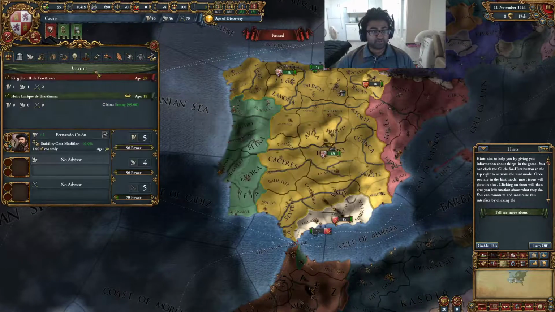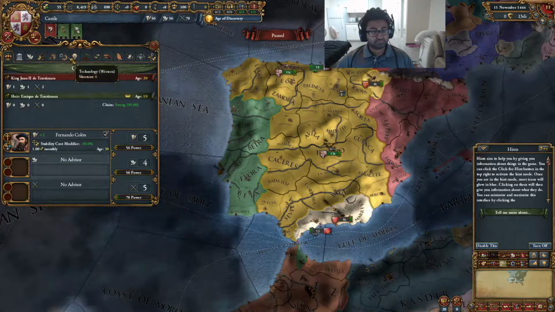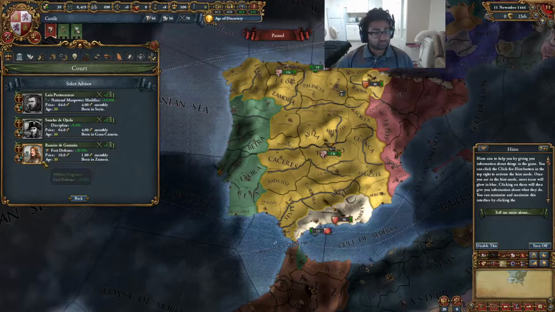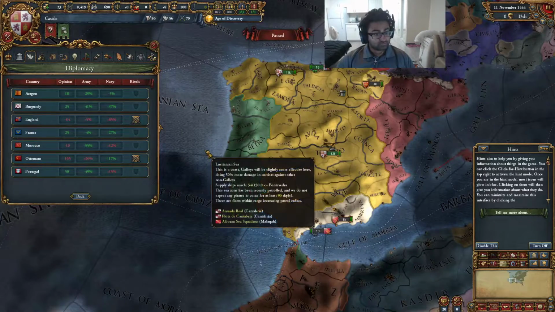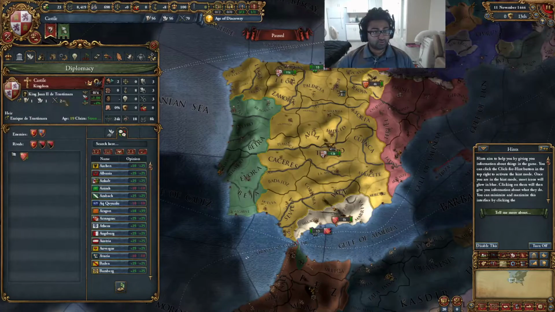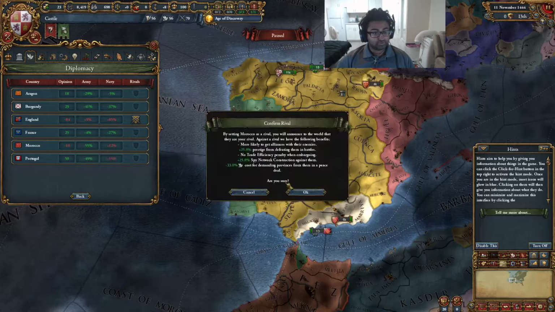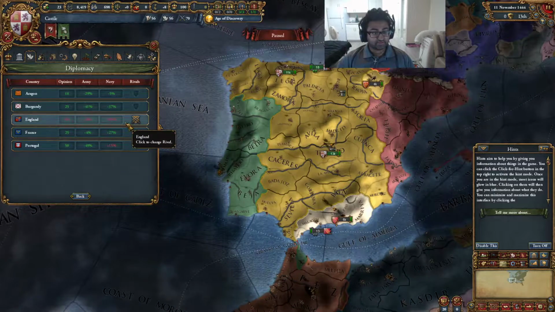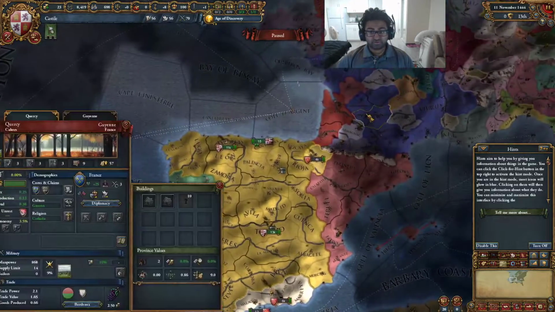Okay, setting up my advisors here. That's going well. Sweet, so my rivals will be the Ottomans. I will rival against Morocco. I will rival against England. And I will look to, I'm not sure if I can